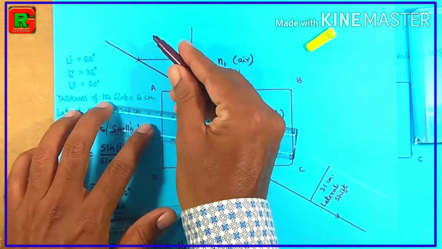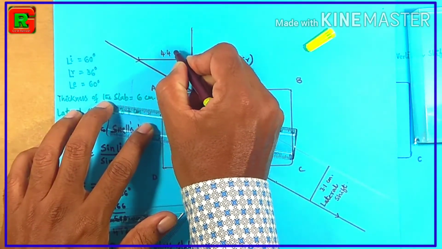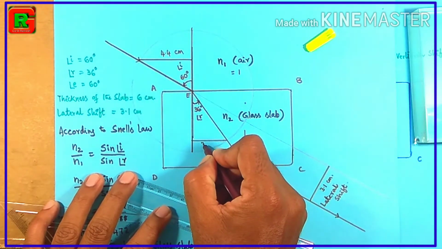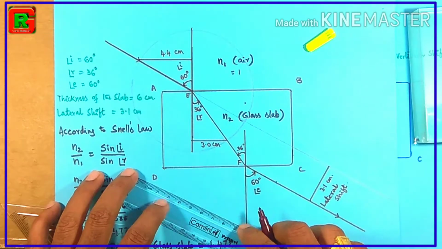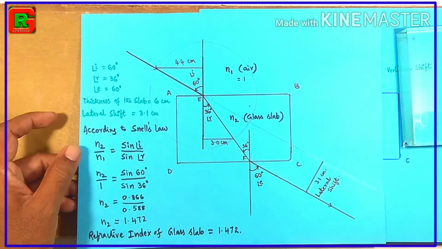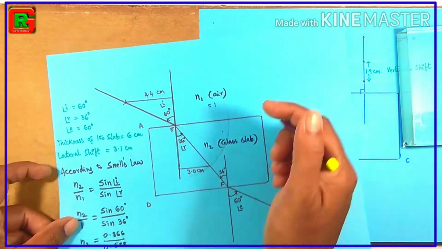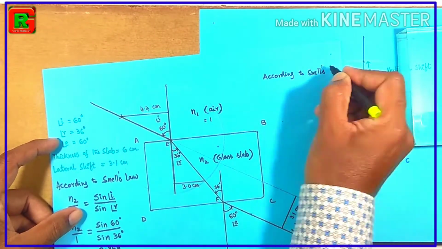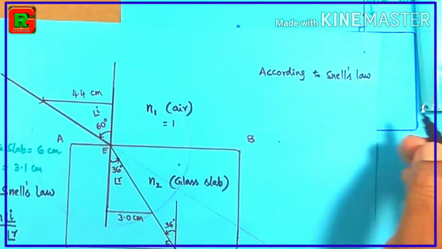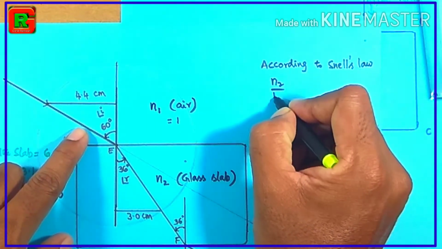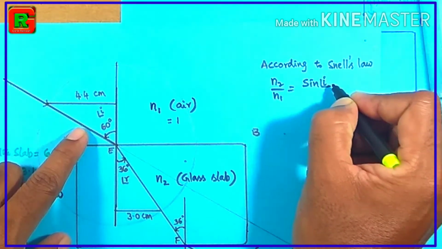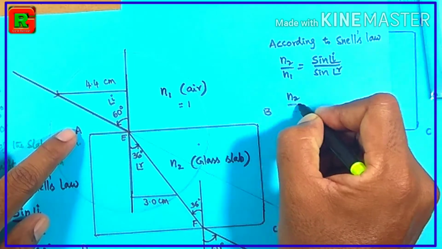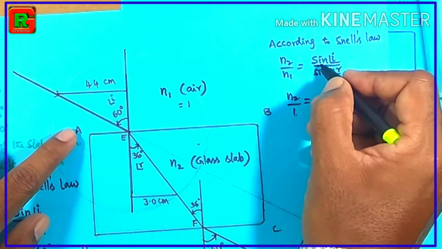Now measure the value of the first perpendicular line, that is 4.4 centimeters, and the second perpendicular line, that is 3.0 centimeters. Now let us apply Snell's law. According to Snell's law, N2 by N1 is equal to sin I by sin R. So N2 by N1 is equal to, N1 being 1, N2 by 1 is equal to